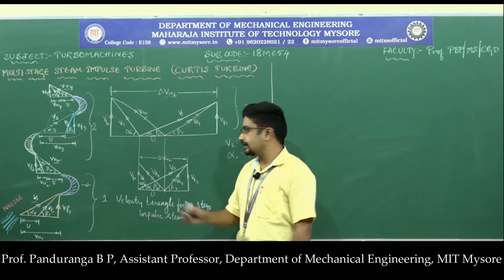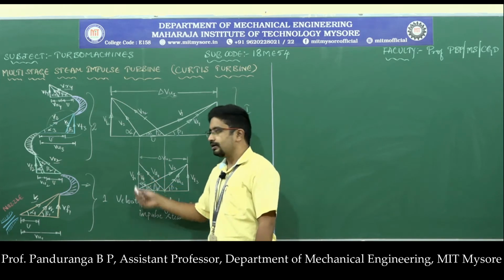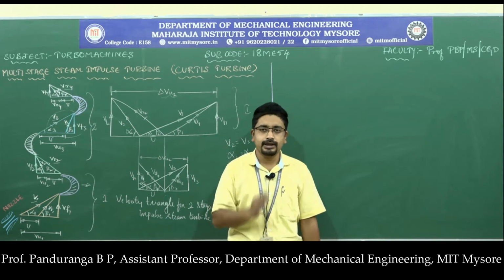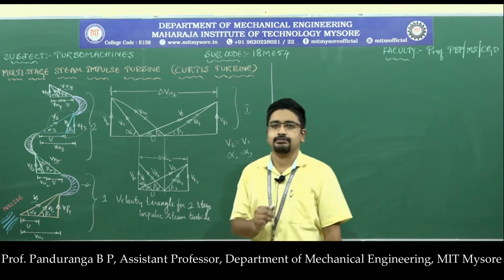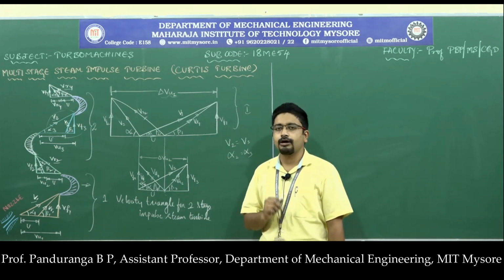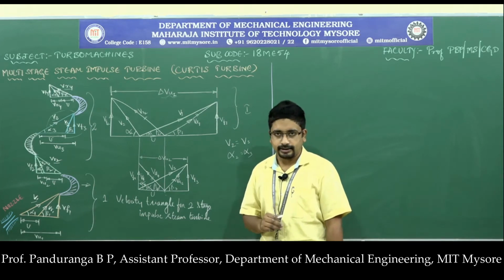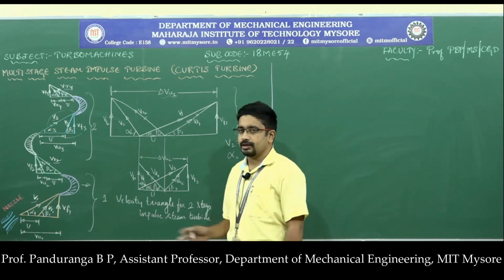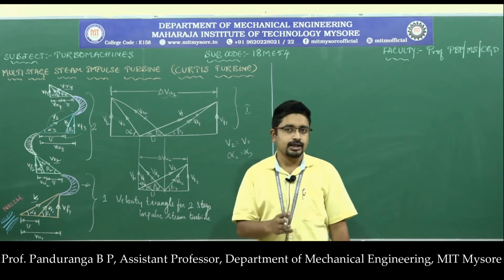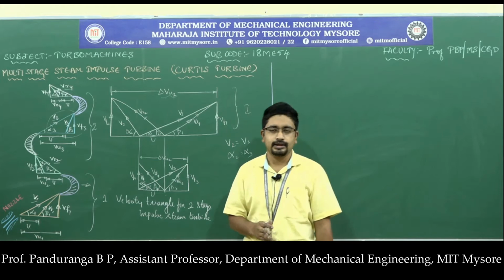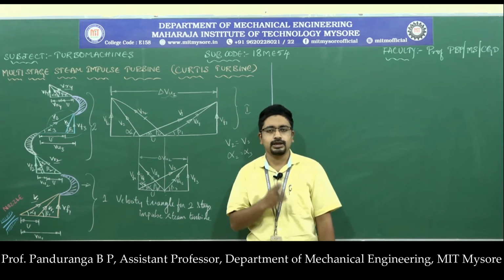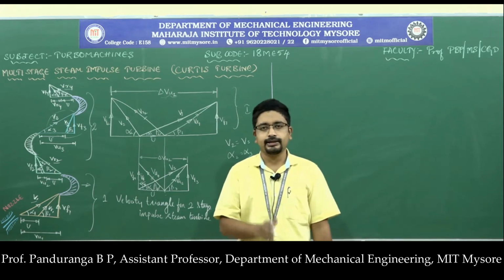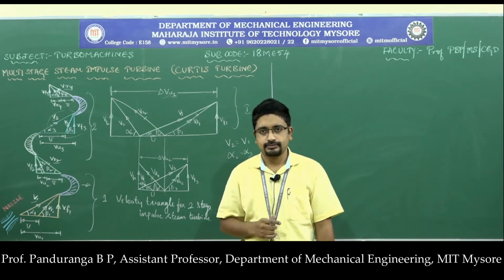And we also know that V4, which is the outlet velocity here, that should be minimum to achieve maximum blade efficiency or maximum utilization factor. So to achieve maximum blade efficiency, V4 should be minimum, and that we have seen in the general analysis that the outlet velocity, the absolute velocity at the outlet will be minimum when it is axial in direction.